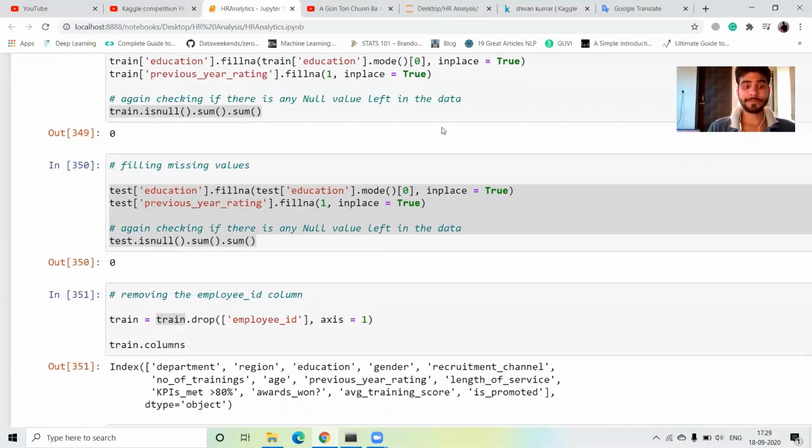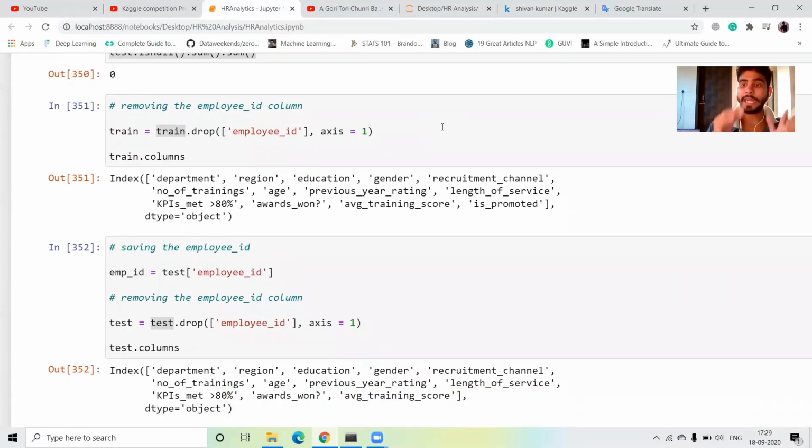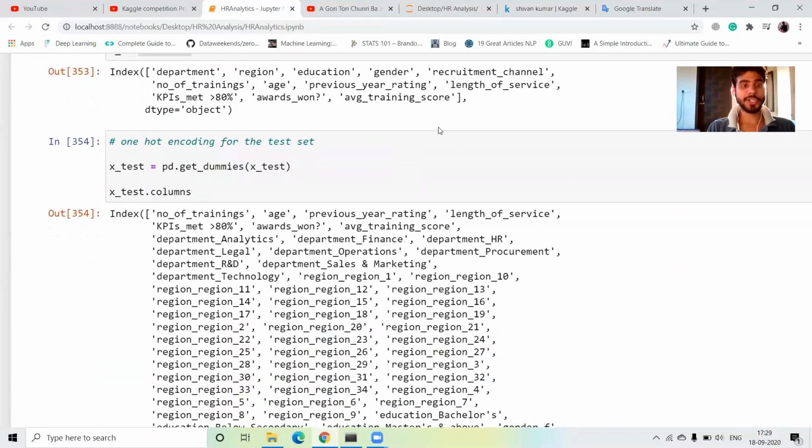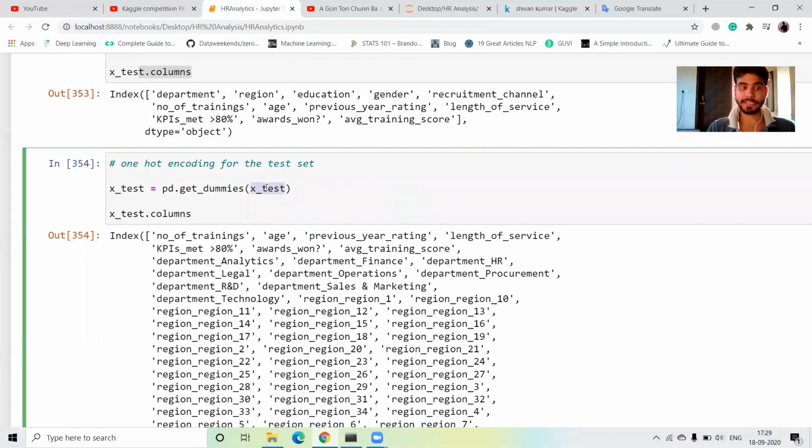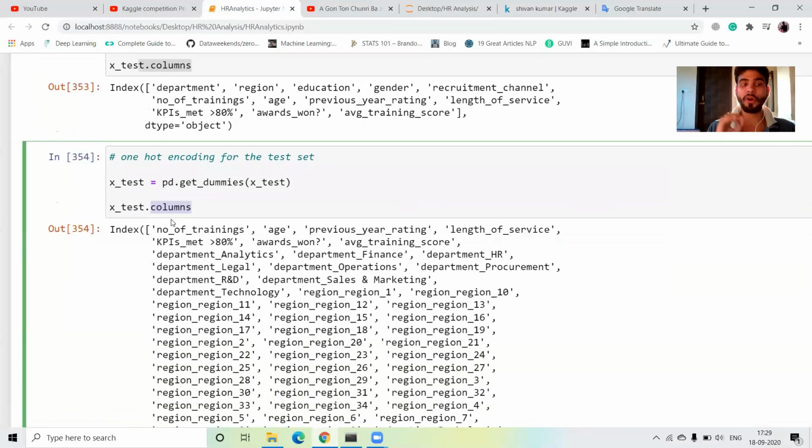So I convert the categorical columns into numerical columns. I use the pd.get_dummies method on X_test: I write X_test equal to pd.get_dummies and take the X_test columns. It changes all the categorical columns.